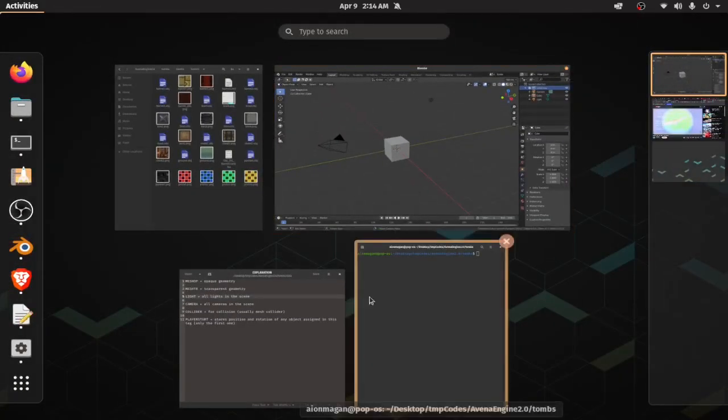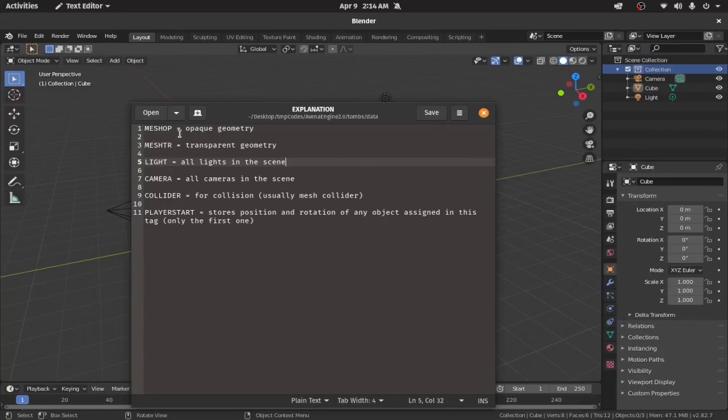The scene works with tags, which are these: Mesh OP, which stands for opaque geometry; Mesh TR, which stands for transparent geometry; Light, which stands for all lights on the scene; Camera, which stands for all cameras in the scene; Collider, which stands for all collisions in the scene. It usually is used for mesh colliders. Player Start, which is not specific to players, it just stores position and rotation of the first object within the